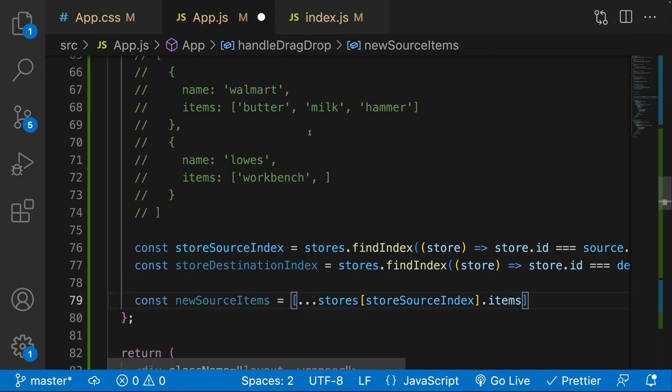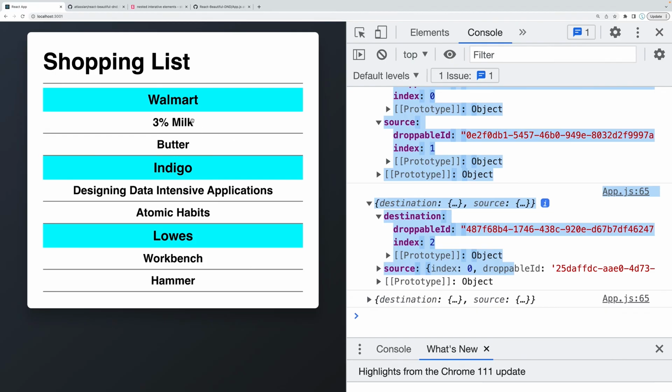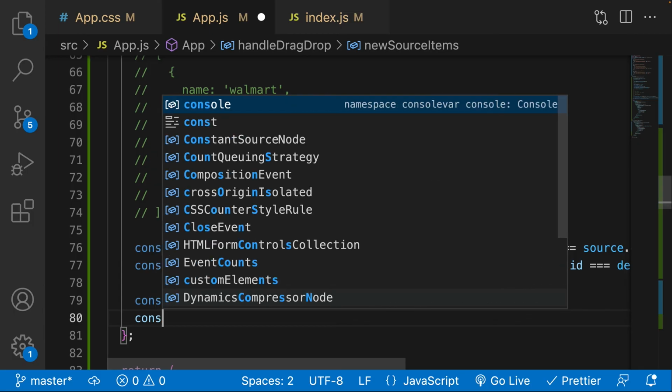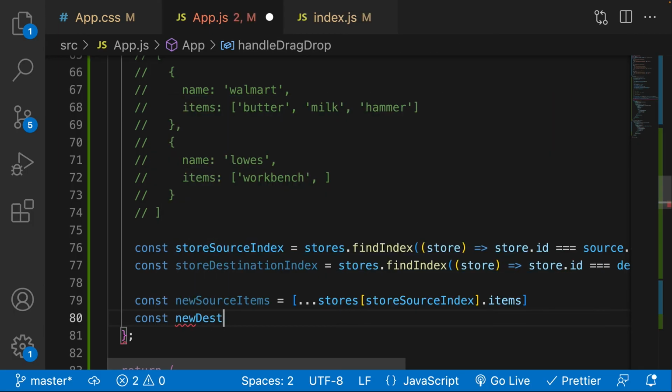Now, here's the thing, though, with the destination. The destination can have the exact same droppable ID. So in that case, the items are actually going to be exactly the same. So we need to check for that. So I'm going to say const new destination items, and that is going to be equal to